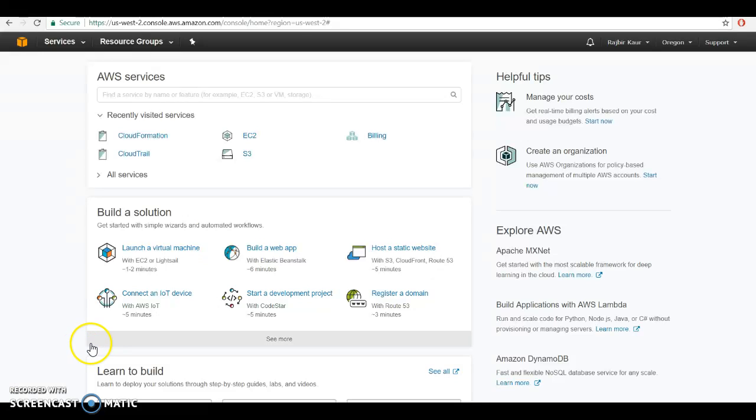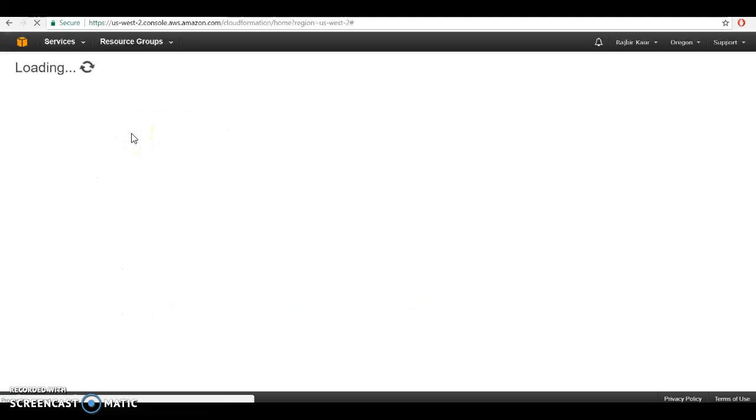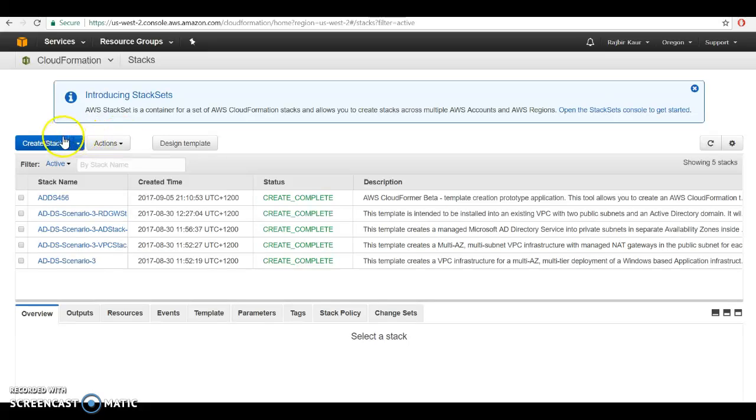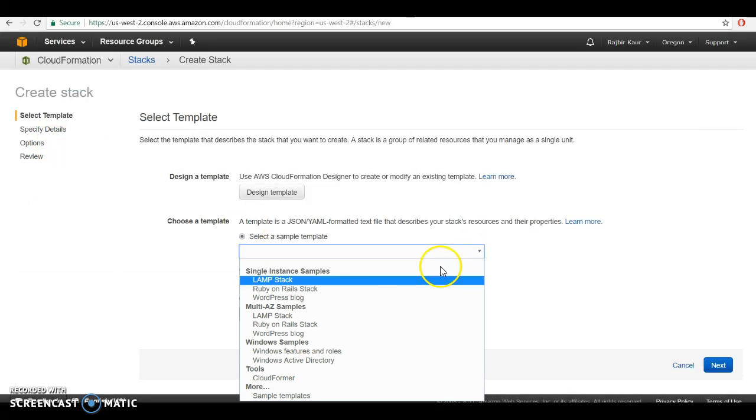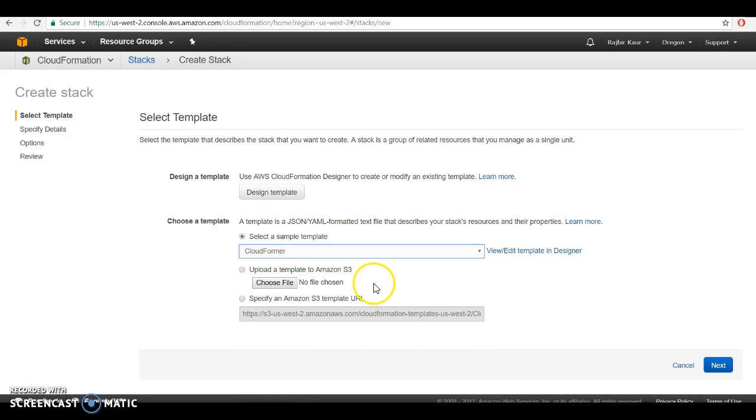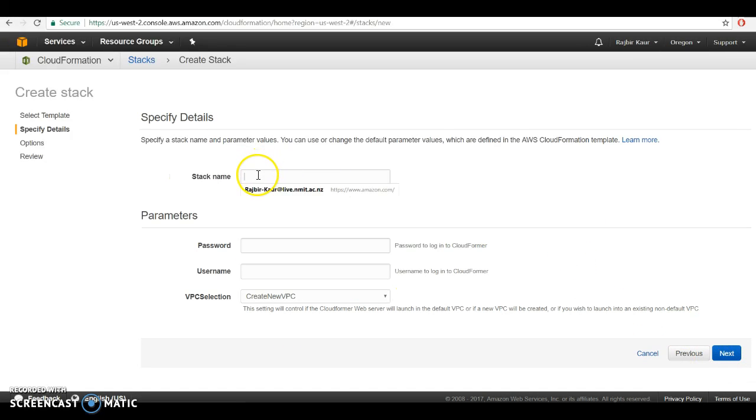So first we have to create a new stack. Therefore, just go to CloudFormation. Here we have seen, I have already done all the stacks. First create the stack, give the CloudFormer, click on next. Then give a stack name,